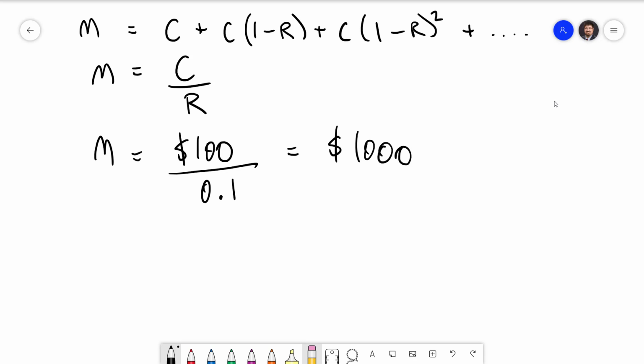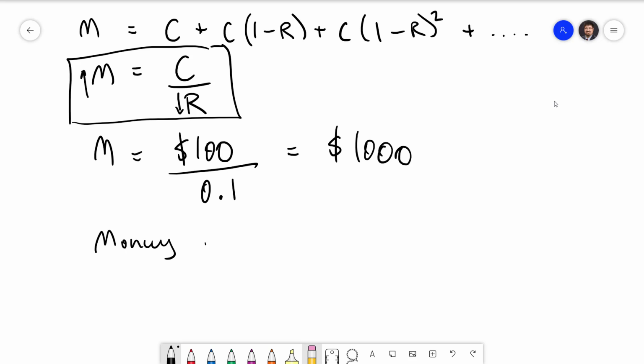Let's think about our money supply equation a little bit more. First of all, since R is always less than 1, M is always greater than C. That is, the amount of money in the economy is always greater than the total amount of currency. If the reserve ratio goes down, then the money supply will go up. This means that the more that banks are willing to lend out, the more money there will be in the economy. We define the money multiplier